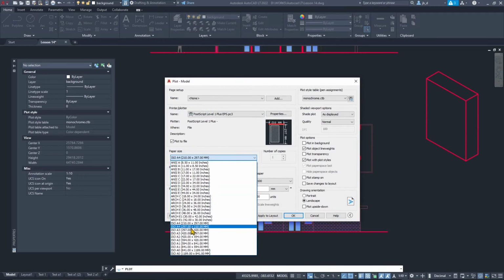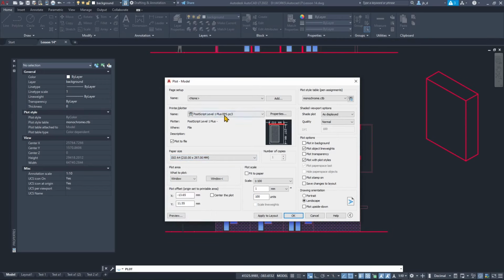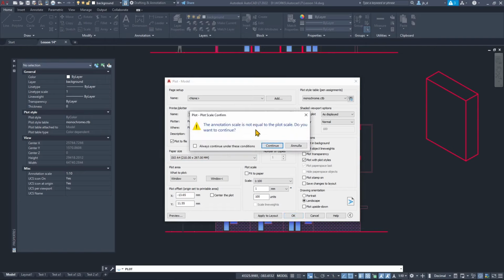But also we can use other formats here. You can see A1, A2, A4, and so on. So you can use a lot of different formats if you use the PostScript level 1+. Okay, now we're ready, so we can say okay, continue,